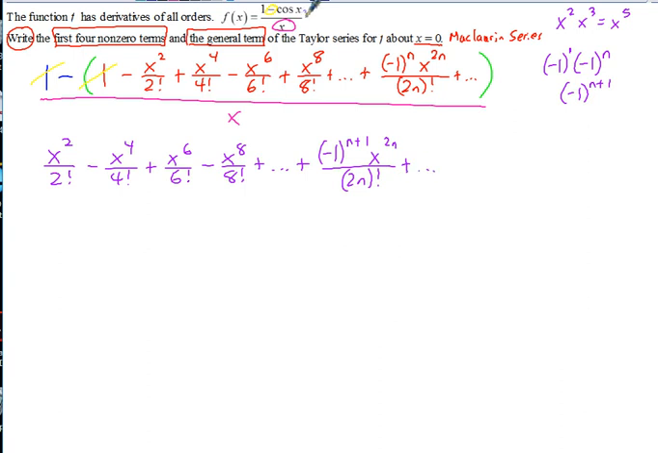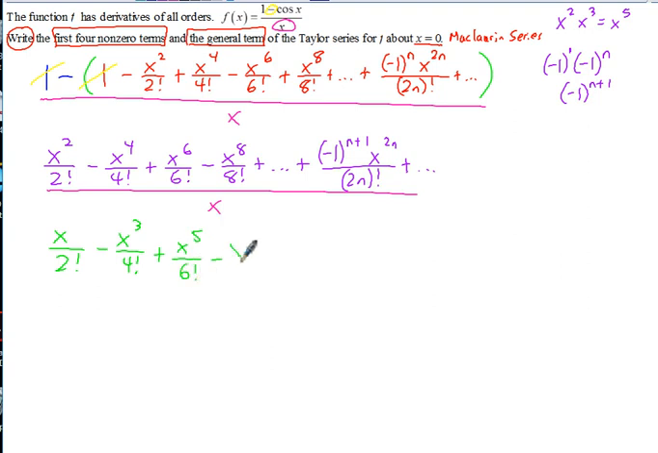But don't forget, there's one more thing to do. This whole thing is divided by x. So what's that going to do? That means we can divide each of these by x. Well, if you divide by x, one of the x's is going to reduce out. So that's now going to become x to the 1st, or just x, over 2 factorial, minus x to the 3rd over 4 factorial, plus x to the fifth over 6 factorial, minus x to the 7th over 8 factorial, plus dot dot dot